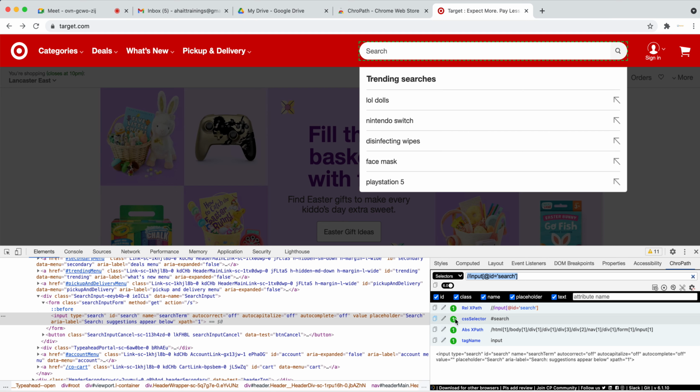Yeah, so this is suggesting, if you don't have any good path here, we can use this one, hash search. We can copy this. Instead of XPath, we can use the CSS selector. I'll show you how to do that later. Okay. But what I'm saying is, get the component with ID first.